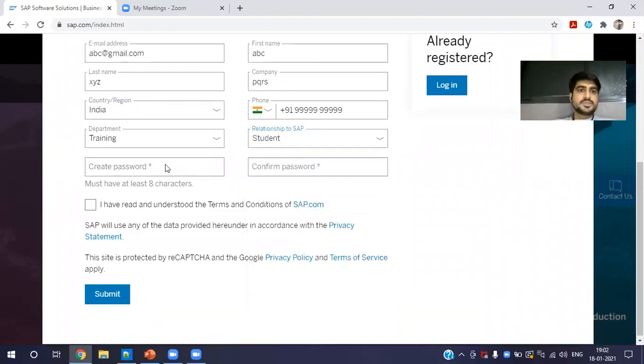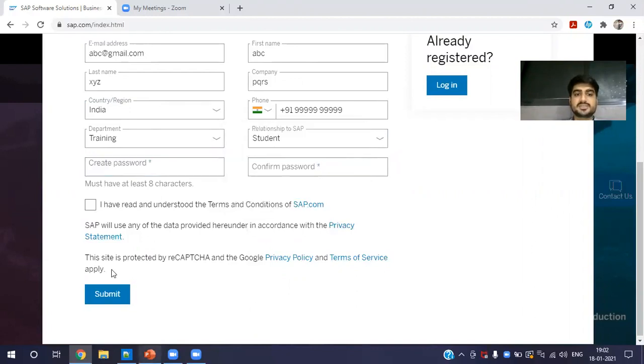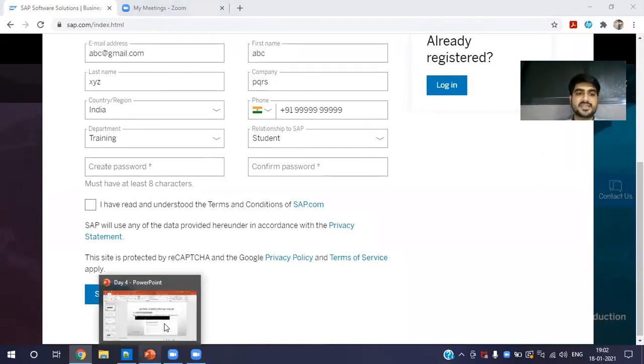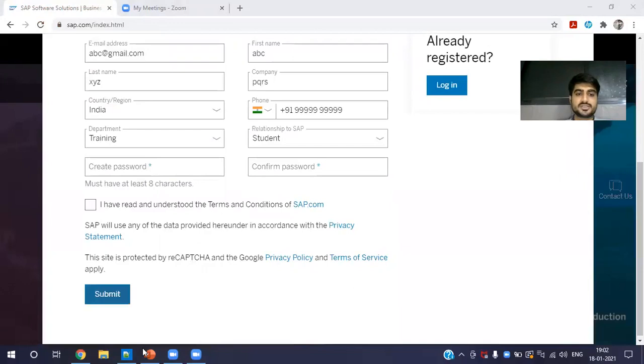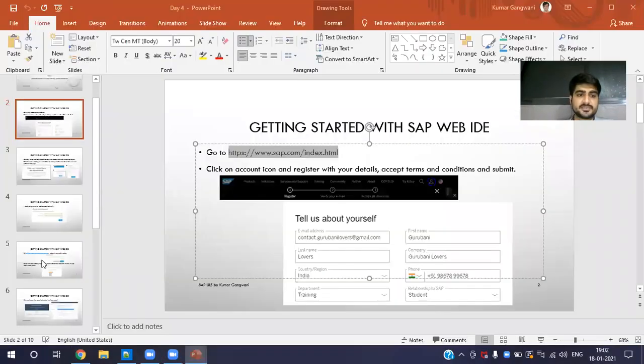Just put in your password, accept the terms and conditions, and then click on submit. Once you're done, you will verify your email address and mobile number as shown in the steps here in the PowerPoint. I'm not going into much detail. Then later, the important part is the cockpit. Once your email and mobile are updated, till this step, I guess slide 5,